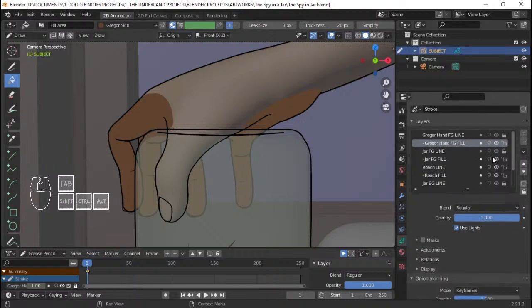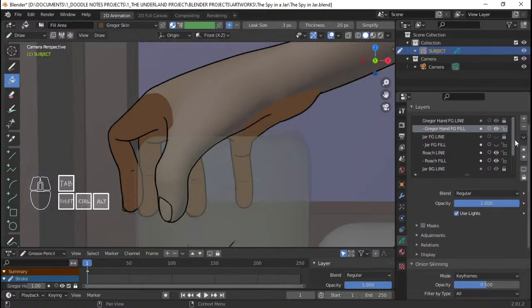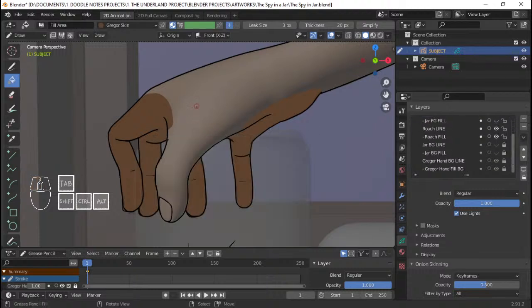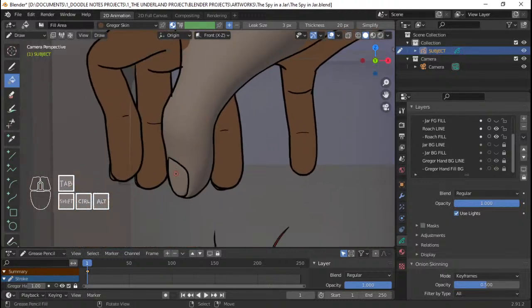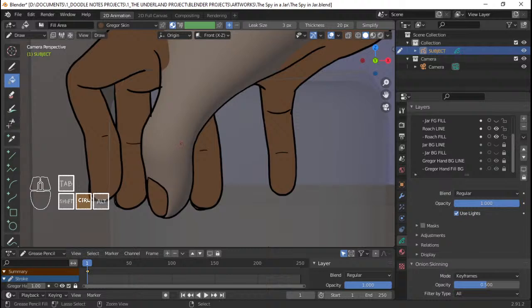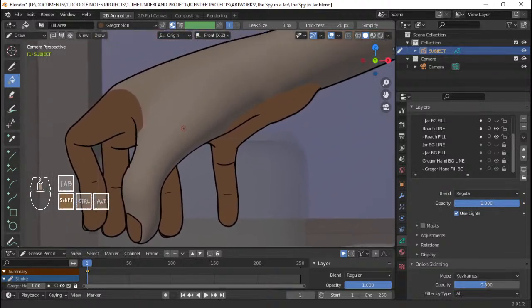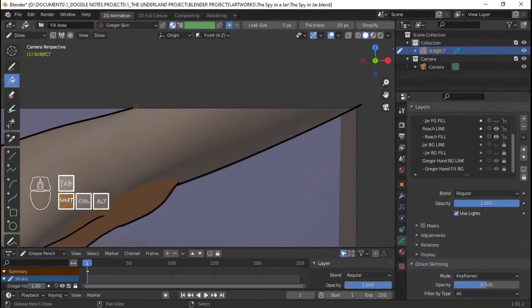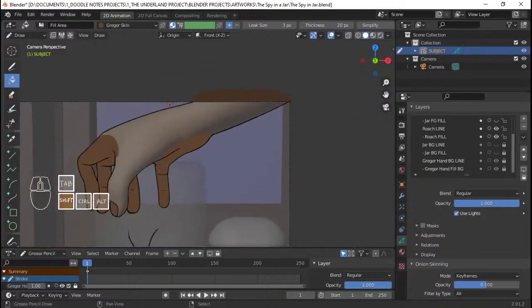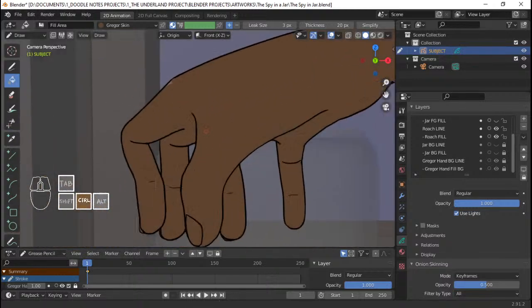And in order to fill this up properly, I need to turn off FG line here. Yeah, and I'm gonna turn off all of the jar layers, and I'm going to fill this. Let's start with a nail because it's closed. And I think what I can do here is, I guess I'll do something like this first, so that the hand has no gaps, and I can just go like that, and it would fill up.